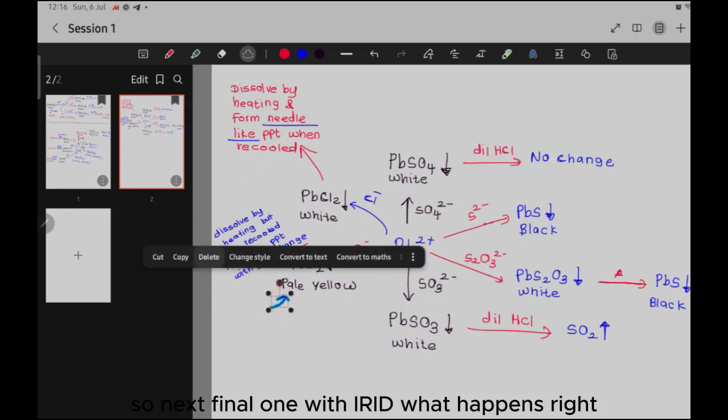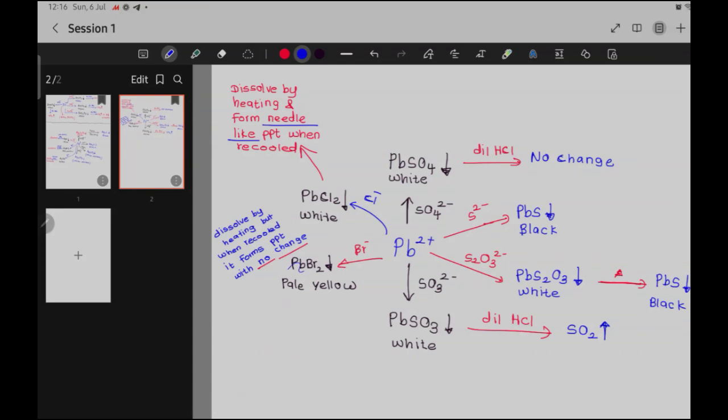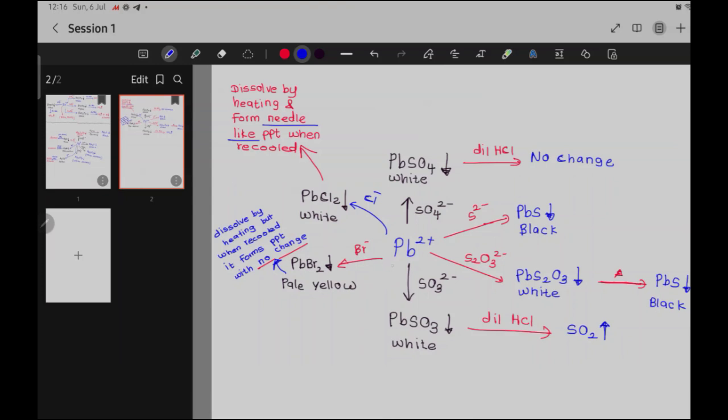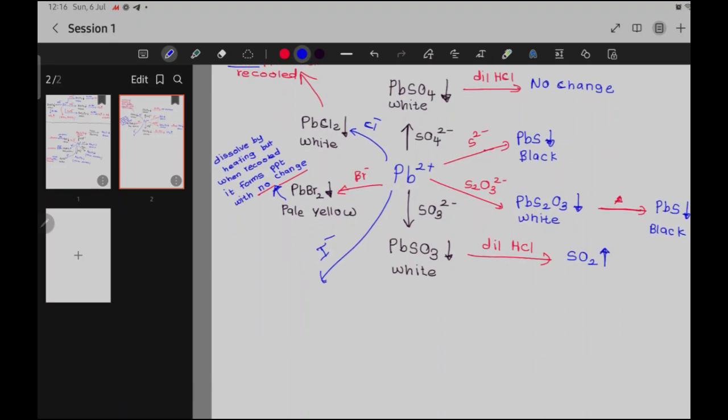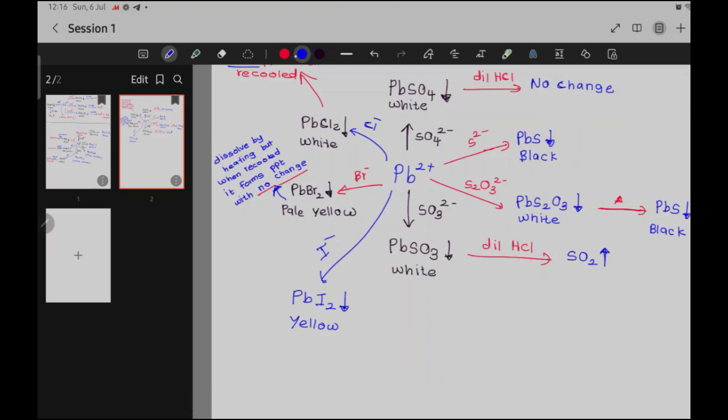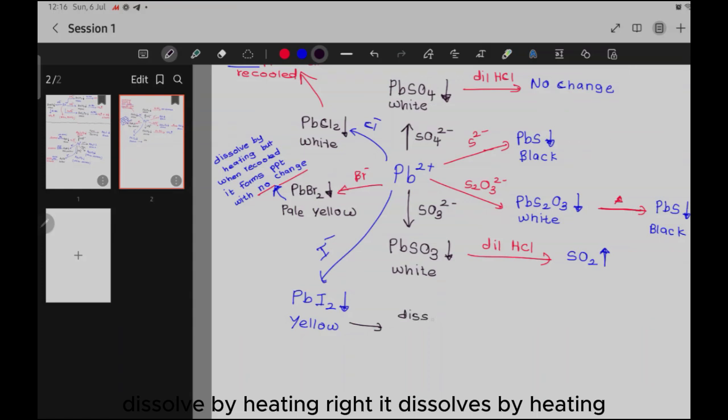So next, the final one with iodide. What happens? This is for PbBr2. And finally, with I minus ion, it forms the precipitate PbI2, which is yellow. It forms a yellow precipitate, PbI2. And this fellow is dissolved by heating, right? It dissolves by heating,